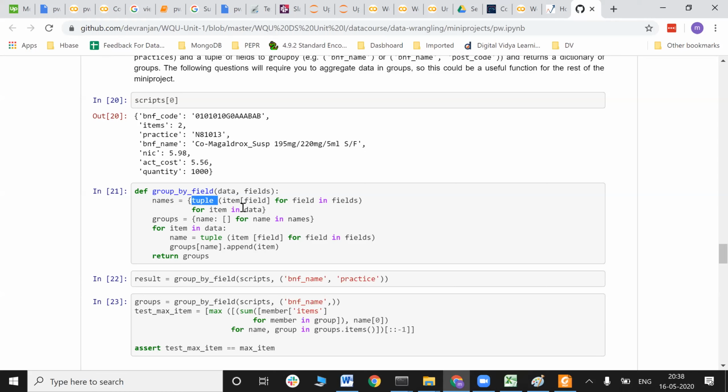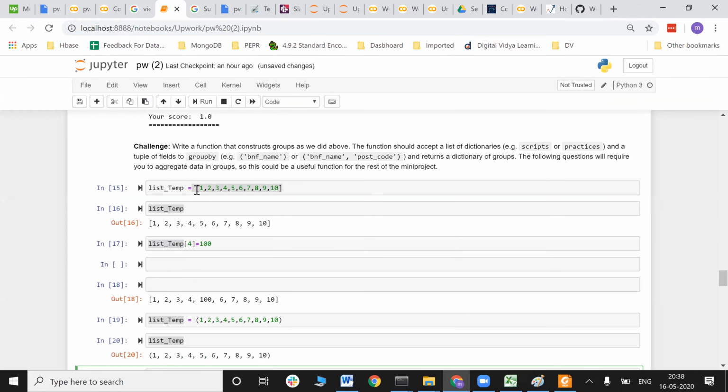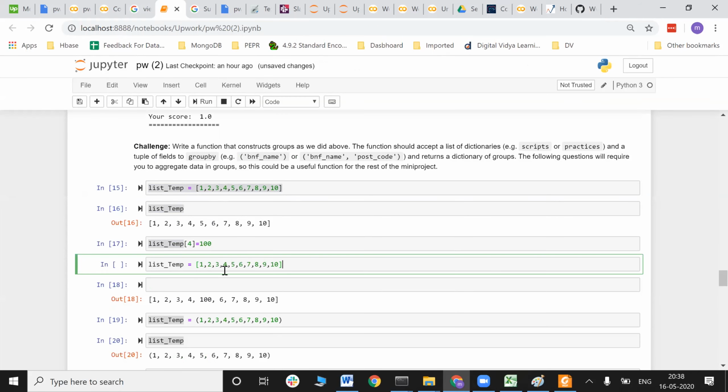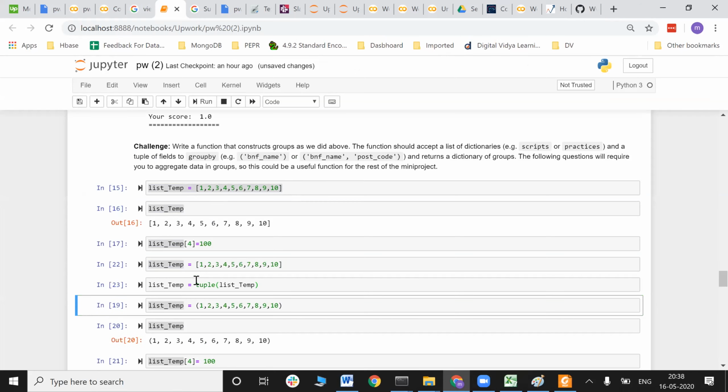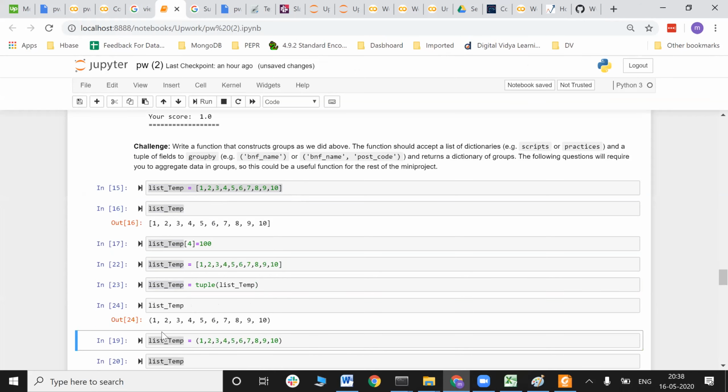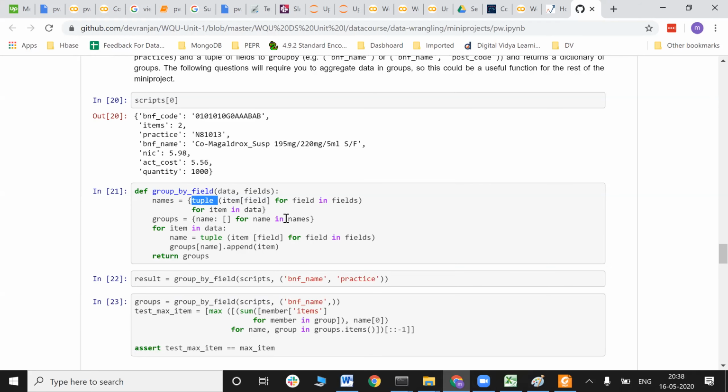Oh, okay. So that is one of the functions: you just type tuple in, and then it converts the list into a tuple, right? Yes, yes, that is true. Say I'm having this list right now. If I want to convert this list into a tuple right away, I just need to write tuple and give this list, and it is going to convert it into a tuple right away. Oh, okay, I see. So this is the list, and I'm converting it into a tuple. That's it.